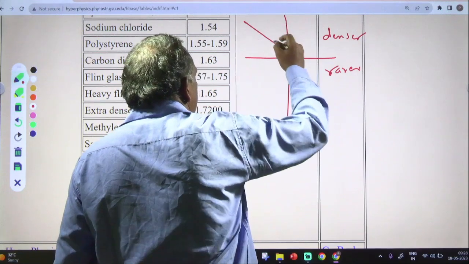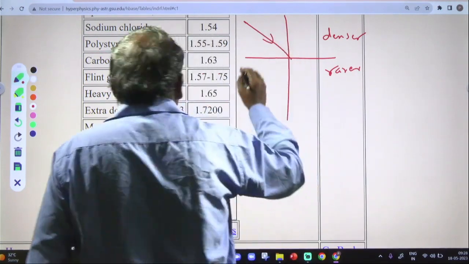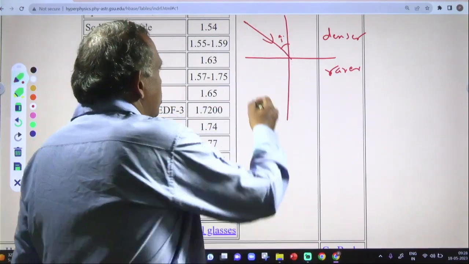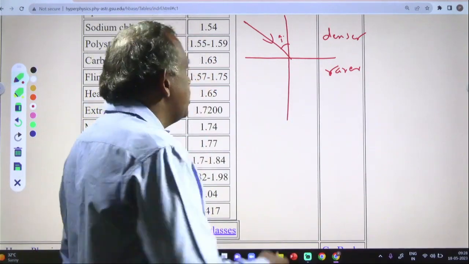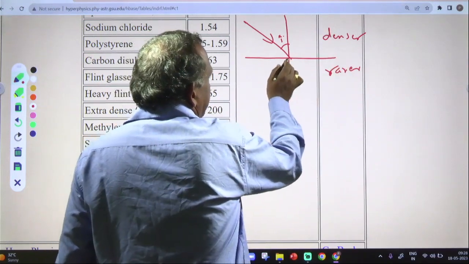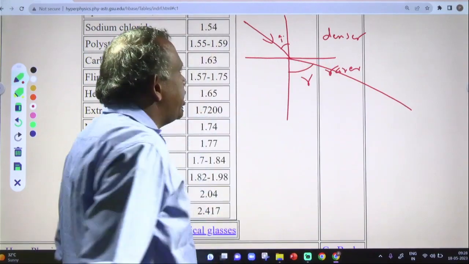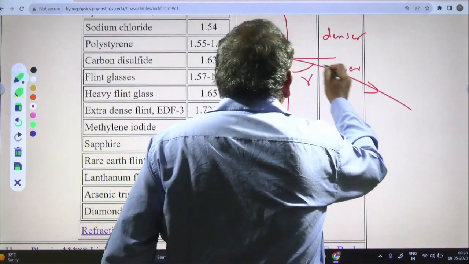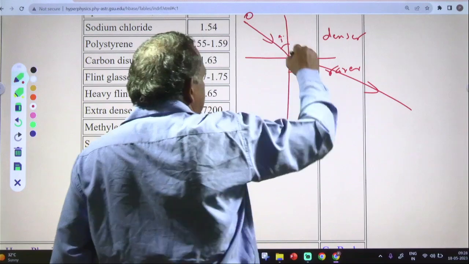This angle is called the angle of incidence, and this is the incident ray. This is the separating surface between the media. When light travels from denser to rarer, it bends away from the normal. This is called the angle of refraction. Here, let us say OA is the incident ray